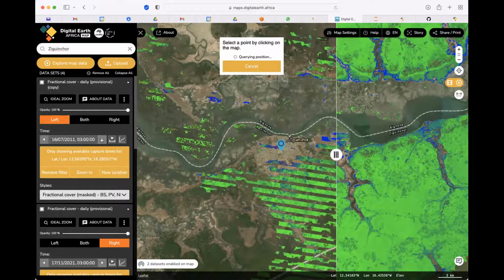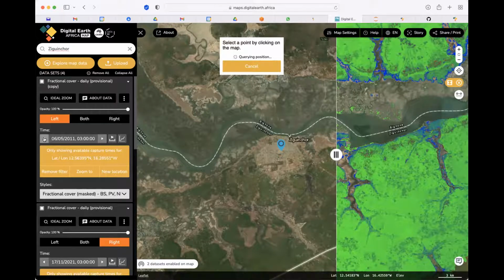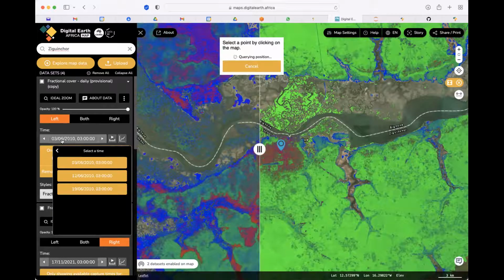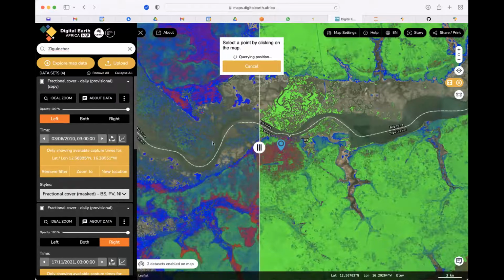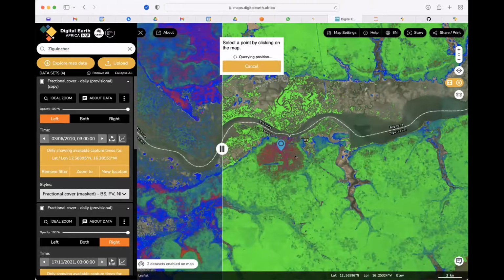That's the same sensor which had stripe errors, so they really affect our analysis. Landsat 5 was a little bit more reliable. So as you can see, it's trying to load some of the dates. Don't worry if your computer hangs. Sometimes the product is quite intense. So this is how things look, and it's trying to compare different layers.